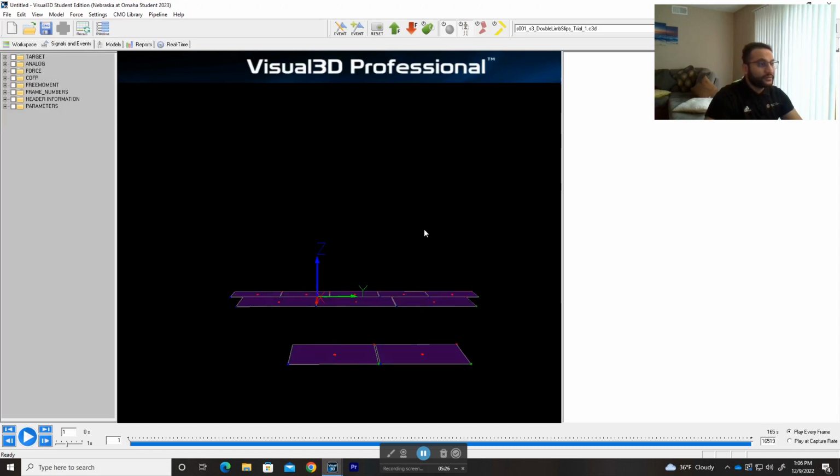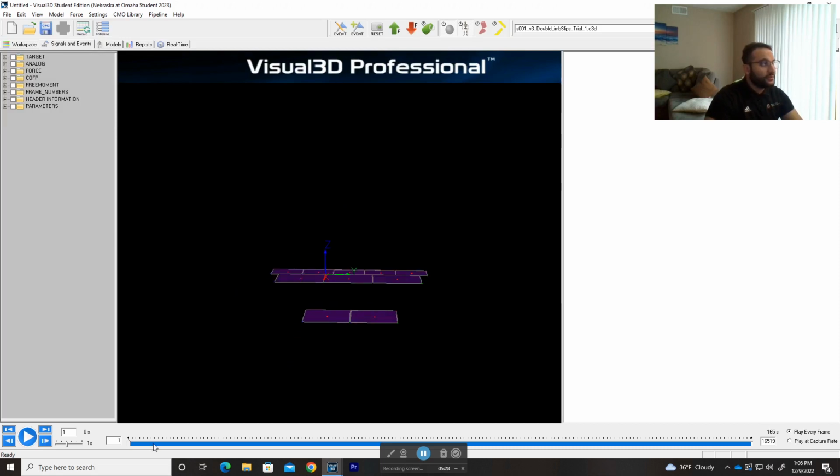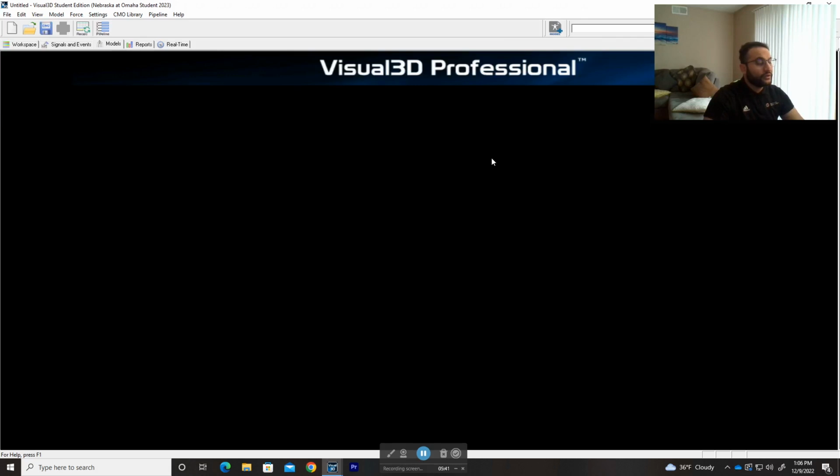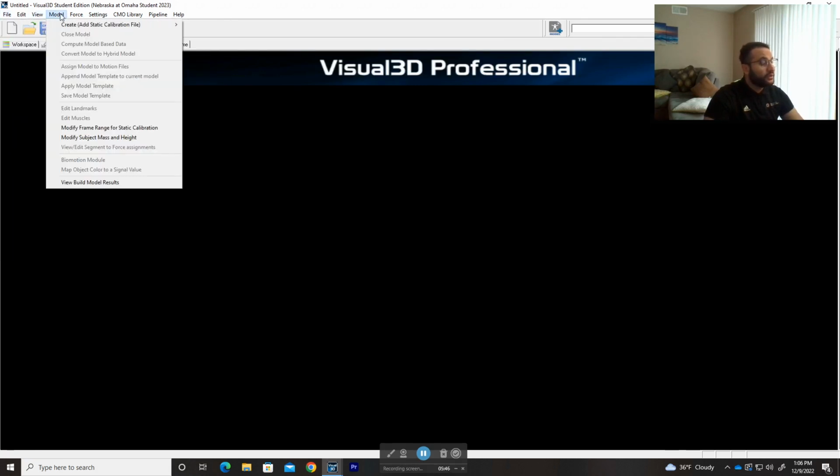I mean, you will see the markers, but that's about it. You'll see the markers and the ground reaction forces, but you're not going to see the actual skeleton, because when we go to the model, we don't have anything here. So the next step is to go to the model panel section, and then click on create, add static